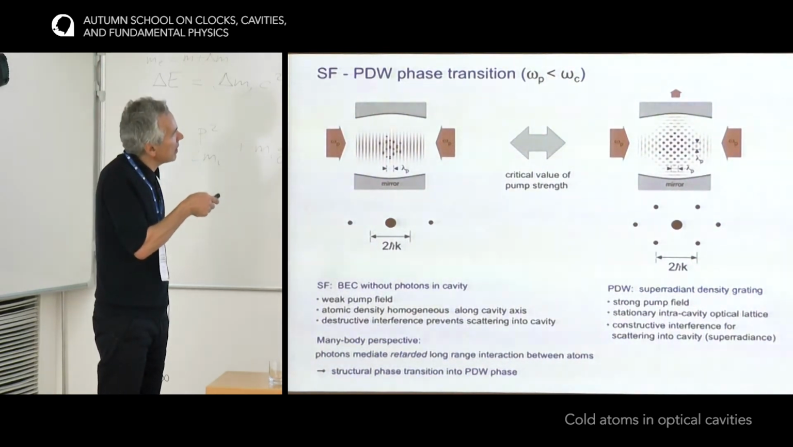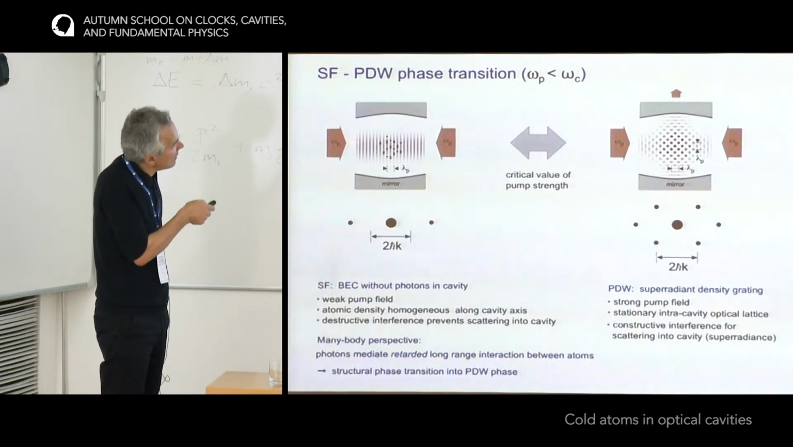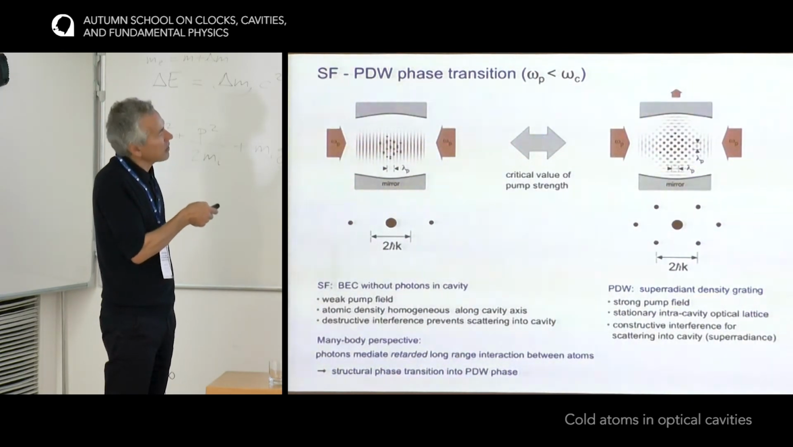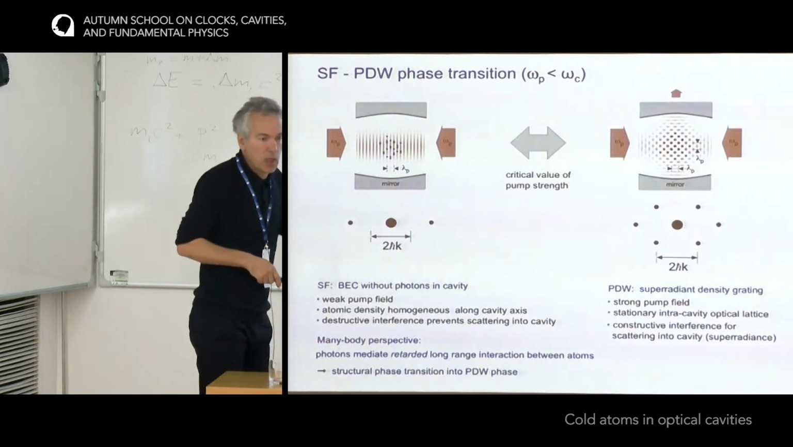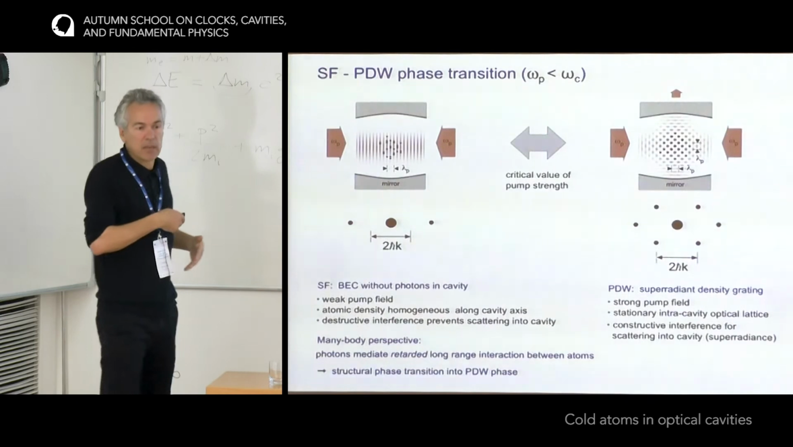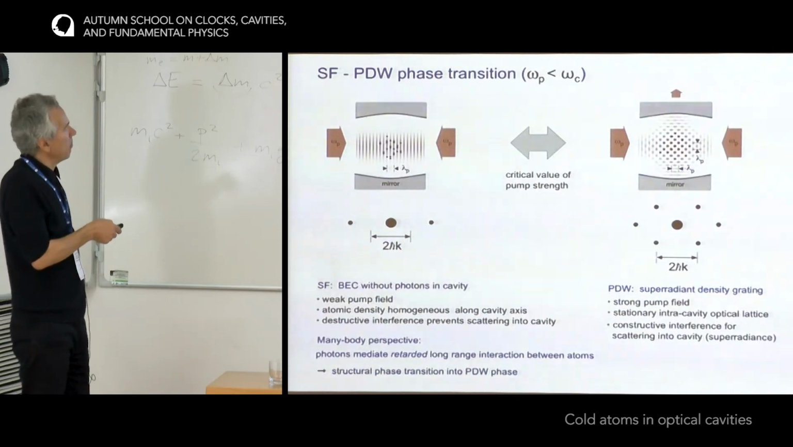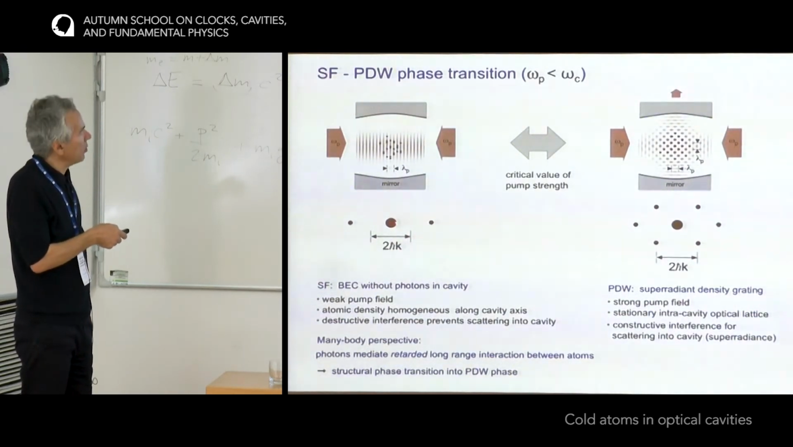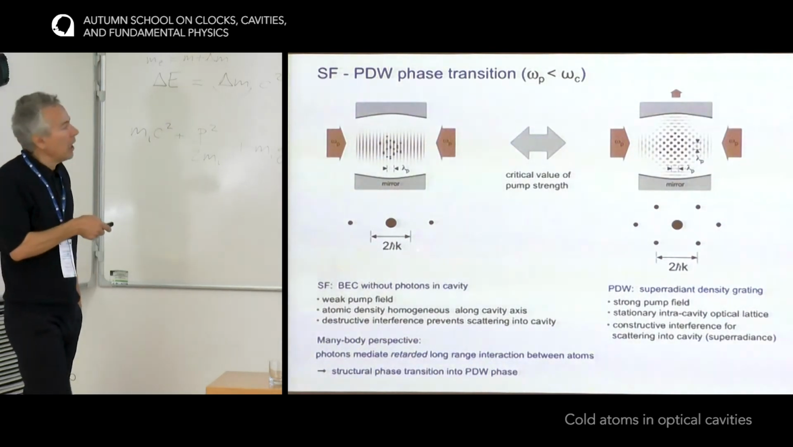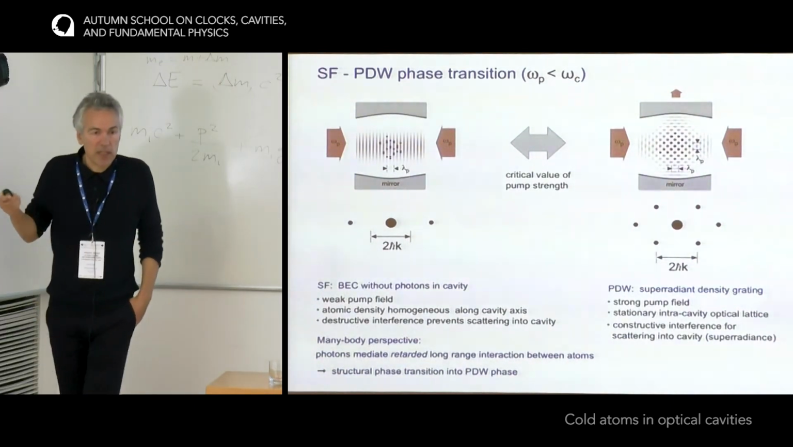So the position of the atoms along the cavity axis is completely random. If you want, it's homogeneous, whereas along the pump axis, it's structured. Every lambda over 2, there's an antinode of this pump lattice that contains lots of atoms. Okay, so for this situation, this is the expected momentum spectrum. You have most of the atoms in the zero momentum peak and some atoms in the plus minus 2 h bar k peaks, which simply reflects the fact that you have a lambda over 2 grating in configuration